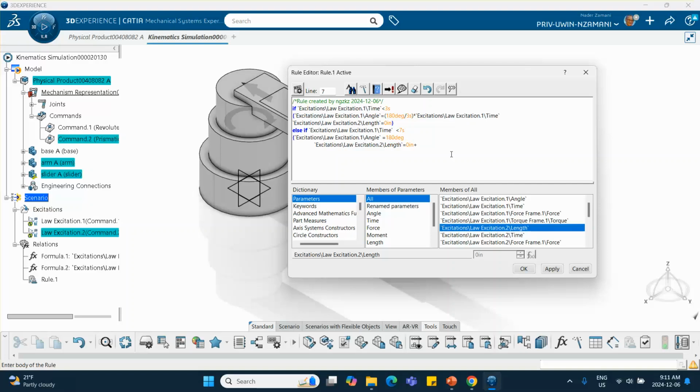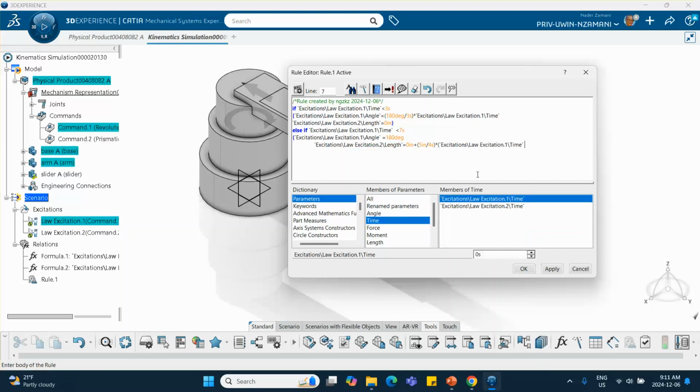You want to do that because I closed the gap. If the gap was not closed, you have to put the appropriate gap in there. Parentheses 5 inches divided by 4 seconds times parentheses time, and do not forget to subtract that first 3 seconds from it. Okay,